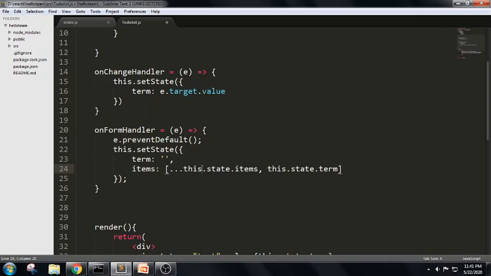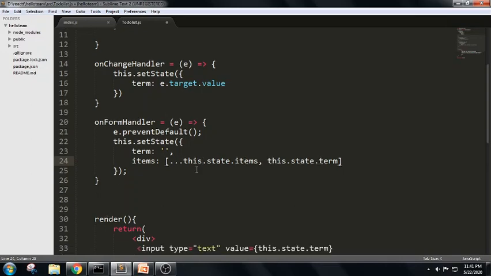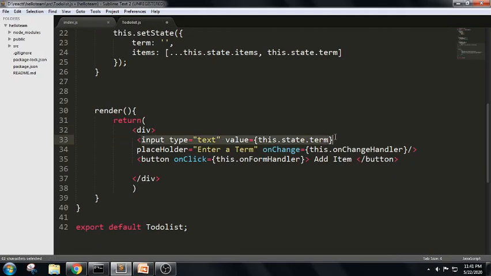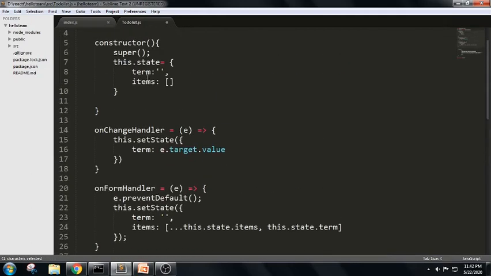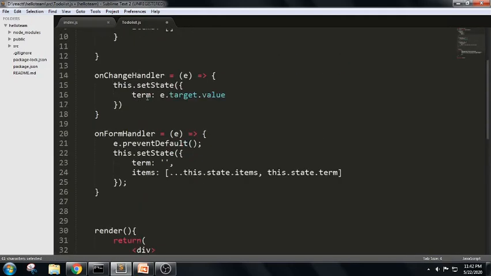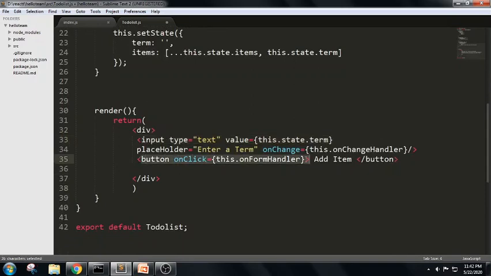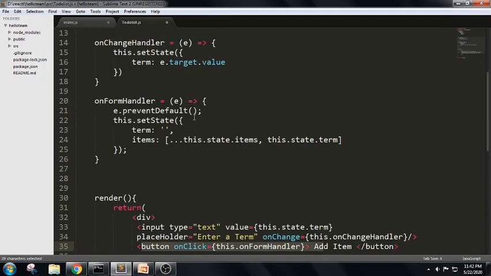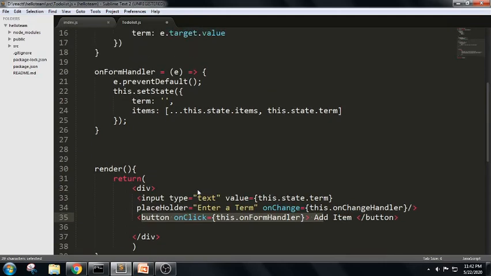So in this onChange, first we define an input element, and we define the constructor with a state and a list of array elements. Next, we define a button. When we click on this button, we define this onForm handler. Now, as we have done this, let's see whether it stores the list of values or not.